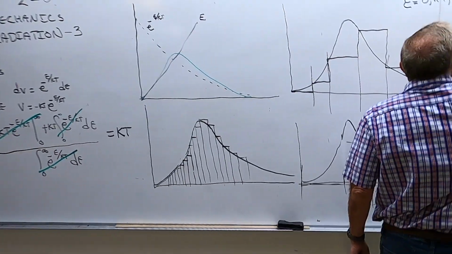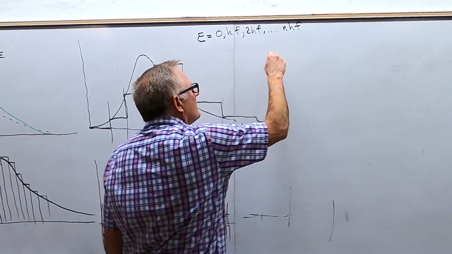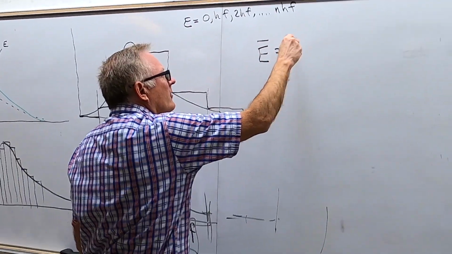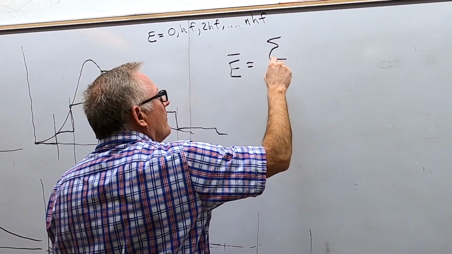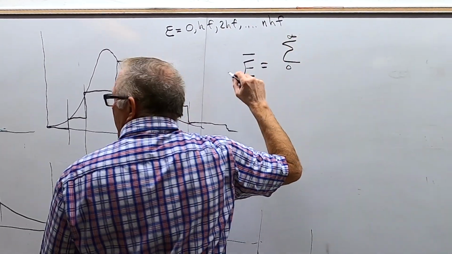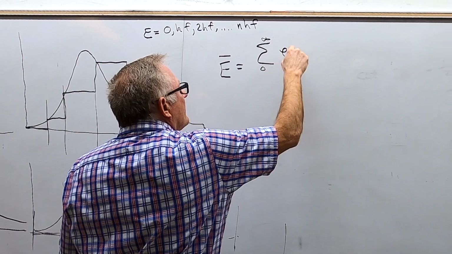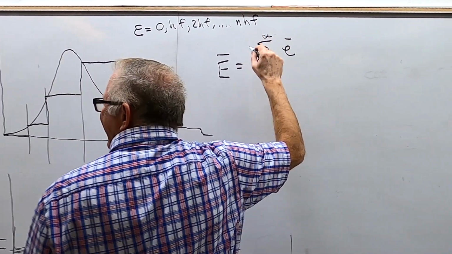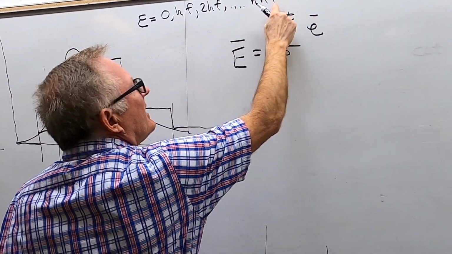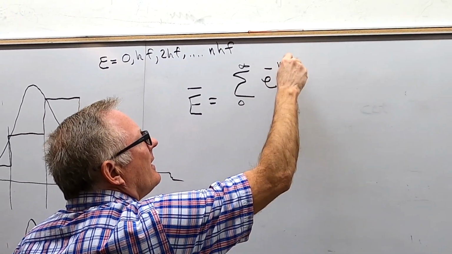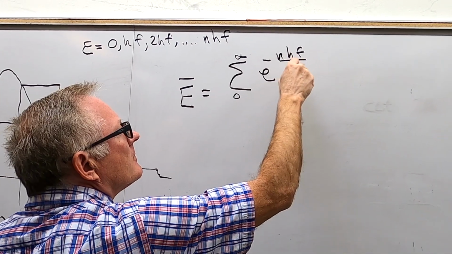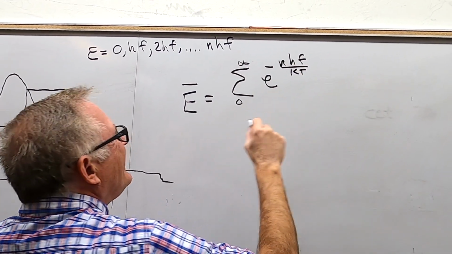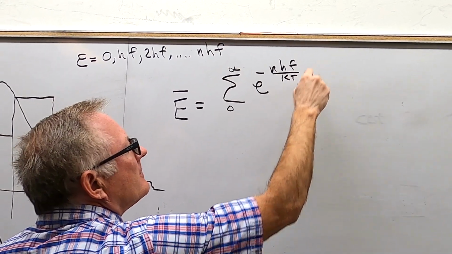We have this average energy is now going to be the sum from 0 to infinity of e to the minus E, but E we said was nhf, all over kT, times E, which is nhf,